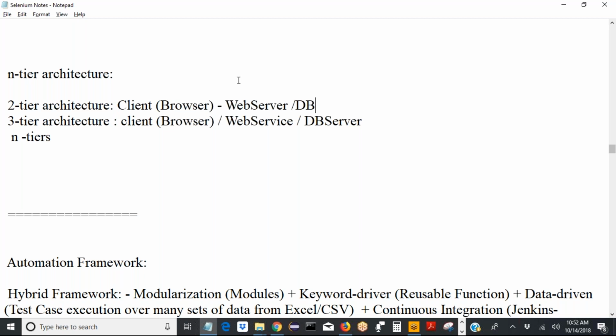Now again, that request goes to the web server, and the developer's code takes it and executes an update query, a SQL query: update so-and-so table where so-and-so username is equal to so-and-so, and the password is updated to so-and-so. It will write the SQL query, and that will update the particular row in the database table, account page